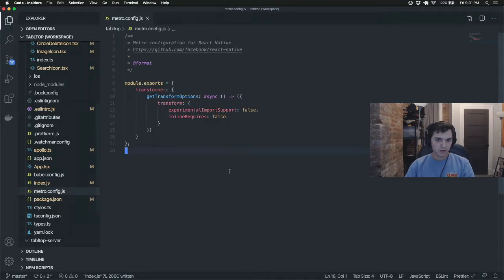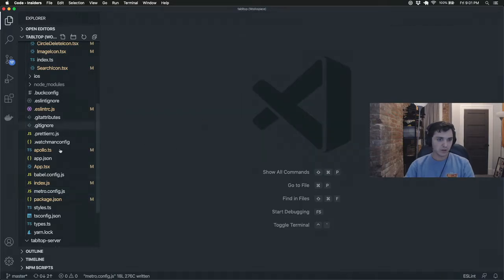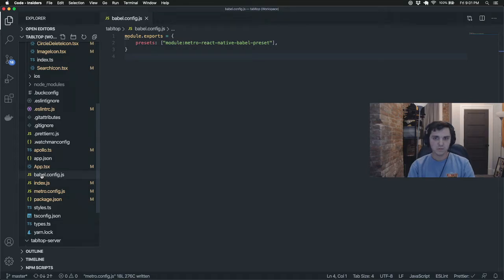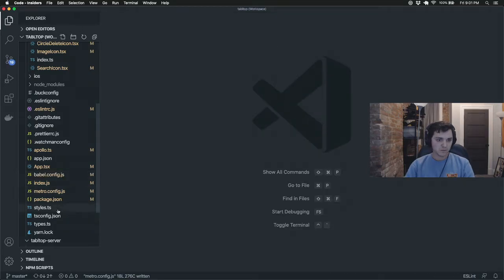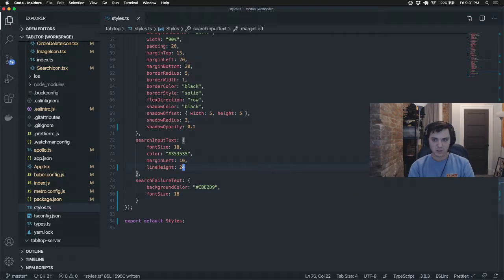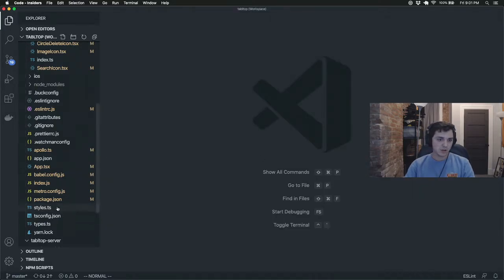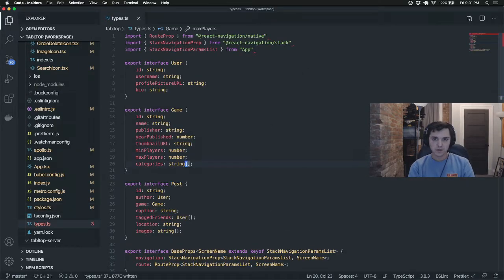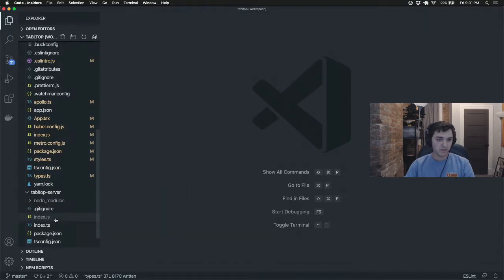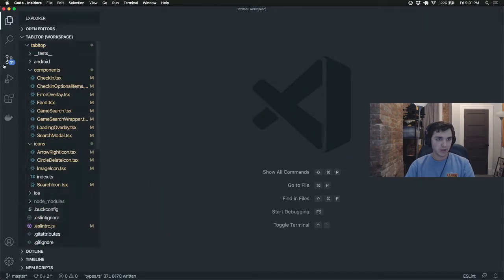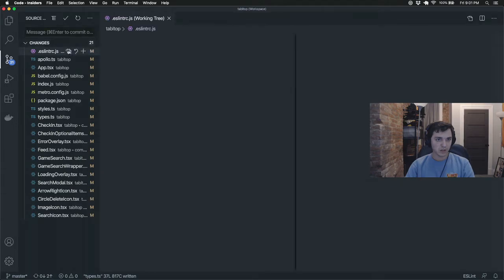Great. Intro config, whatever. Babel config. I can just format those, but styles. Anything yelling at me here? Nope. Types. Nothing yelling at me here either. Great. Okay, so we went through